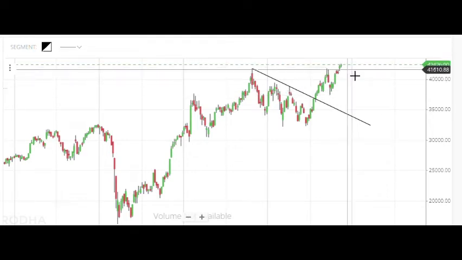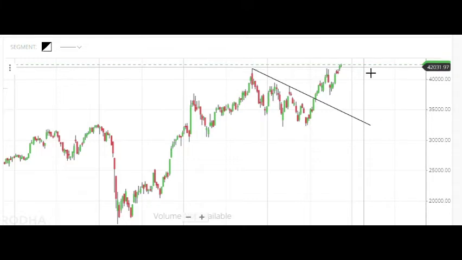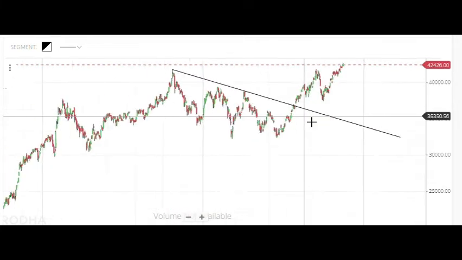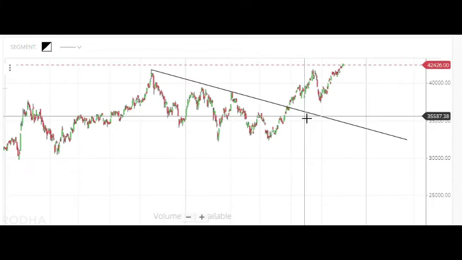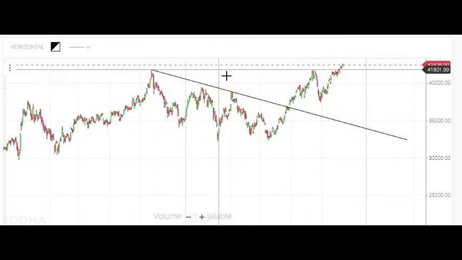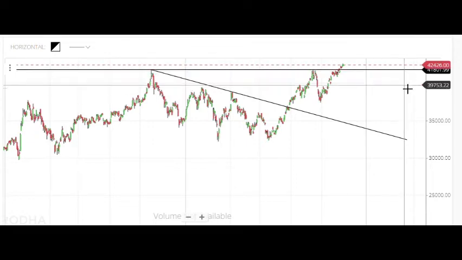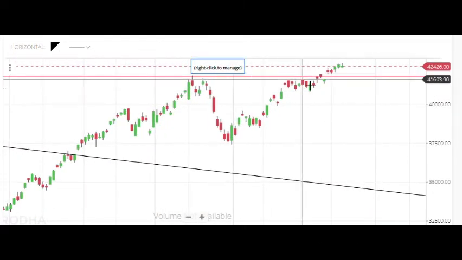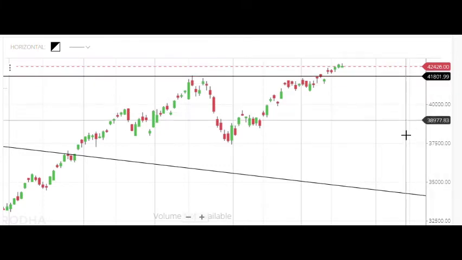It is at an all-time high. If this is to be believed, it's at an all-time high. Excellent. Let me go to a daily chart. Yeah, it's at an all-time high, but I'll draw a resistance line here to keep a check, and this resistance makes sense. See, the supply levels are very clear here at